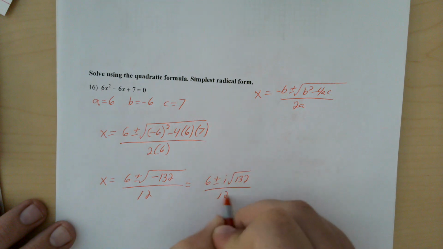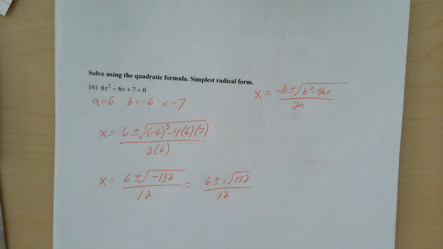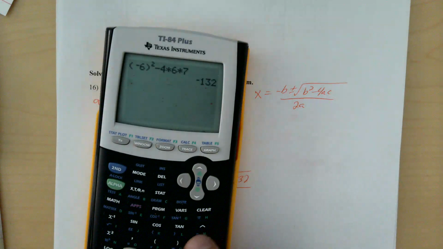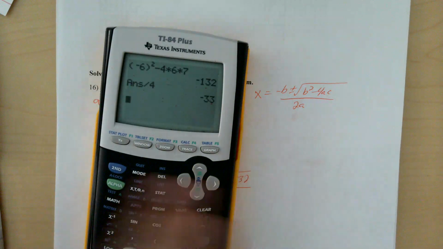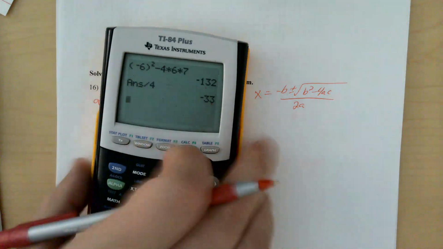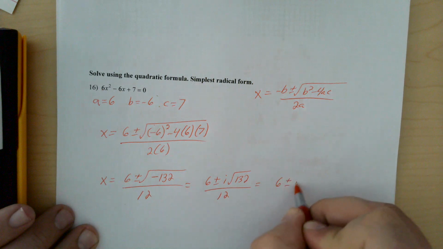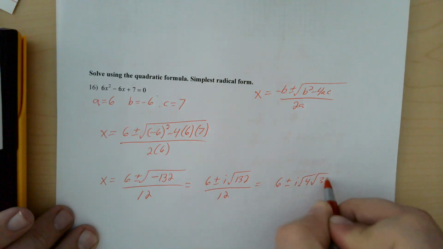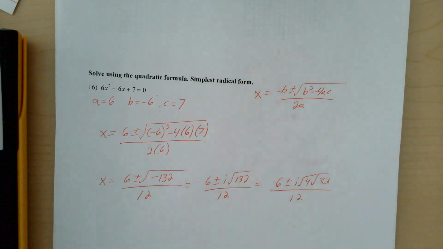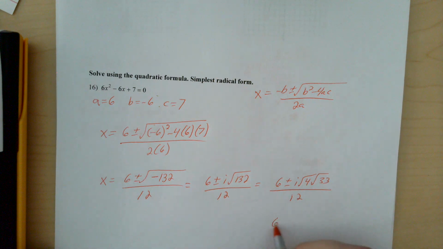So I can write it like this. And I want you to realize this can be simplified. Let me just show you that I can divide by 4. Okay, so 4 times 33 is that 132. So I am going to rewrite this. So I'm just going to simplify it. So I just want you to realize that I want my final answer in simplest radical form. Okay, so this 6 is really going to be 6 plus or minus that root 4 becomes 2i, root 33